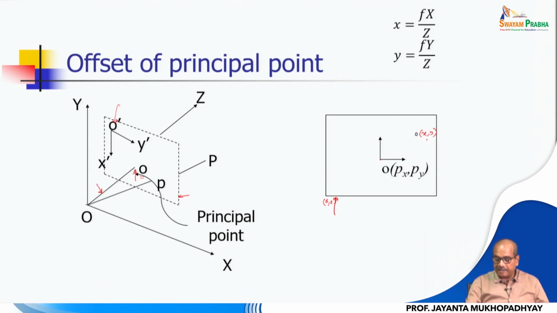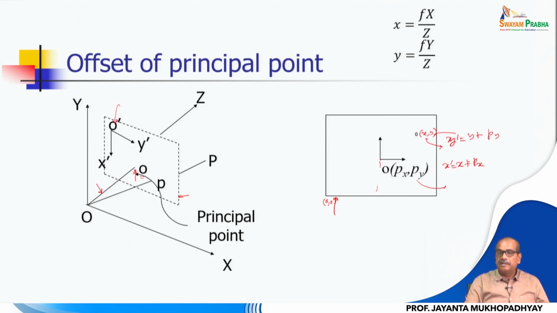It can be expressed as a translation: x plus px, and y plus py. So we can write that y prime is y plus py and x prime is x plus px, which means